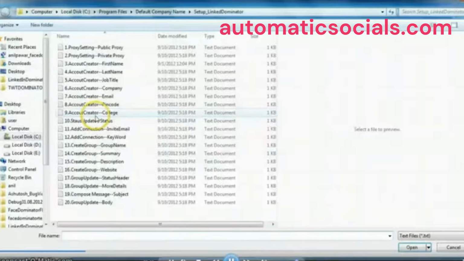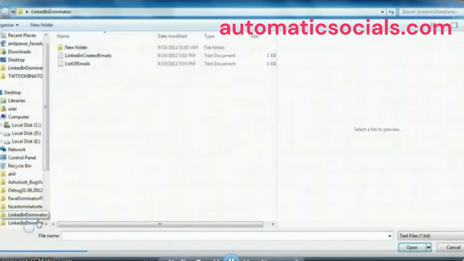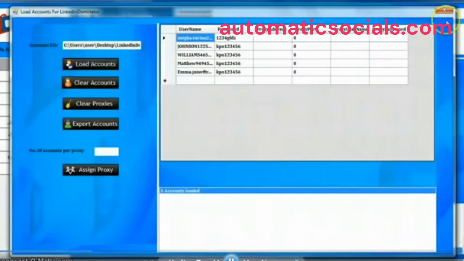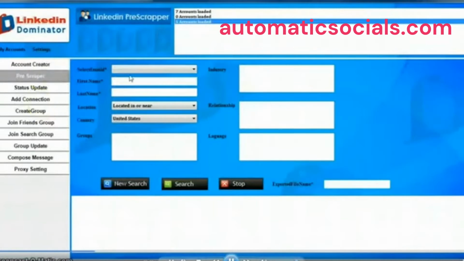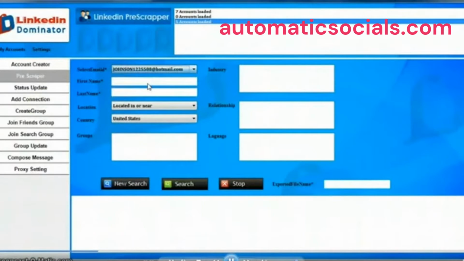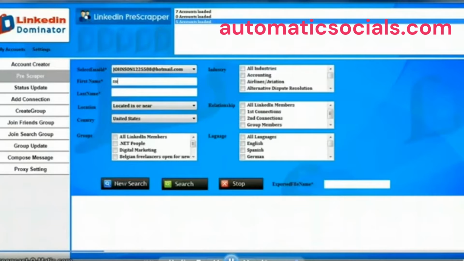So here we are going to clear it, and we are going to load that file that has been created by Link Dominator. This file has been created with all these LinkedIn accounts, and here we are adding all these accounts. So it says 5 accounts added. Once you go to the second step called pre-scraper, you can select one of the accounts of those 5. You can mention the first name, last name,